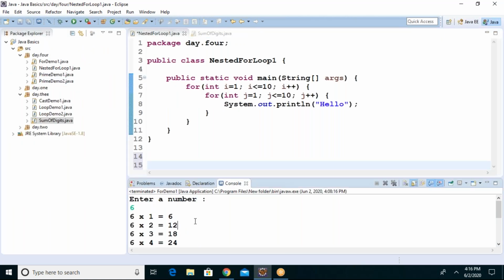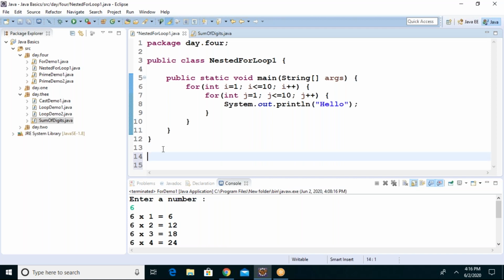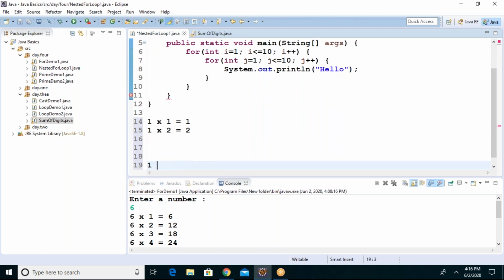For example, I want to write like 1 1 is 1. Very simple example I am giving. 1 2 is 2, and finally 1 10 is 10. Then I am not stopping here. I want to continue: 2 1 is 2, and 2 2 is 4.